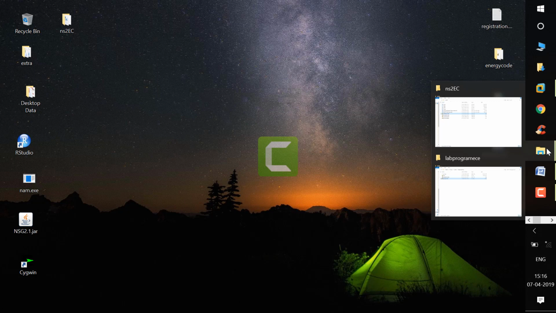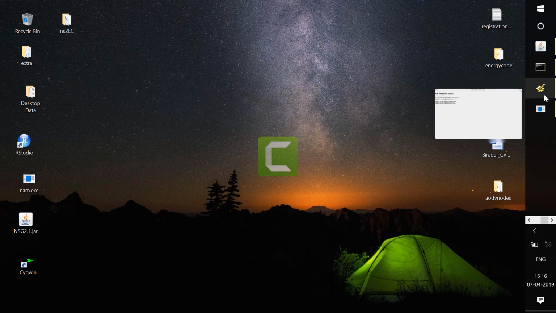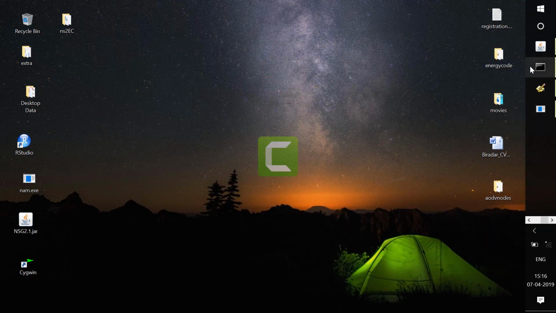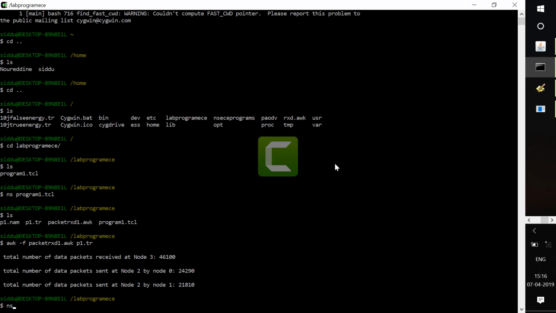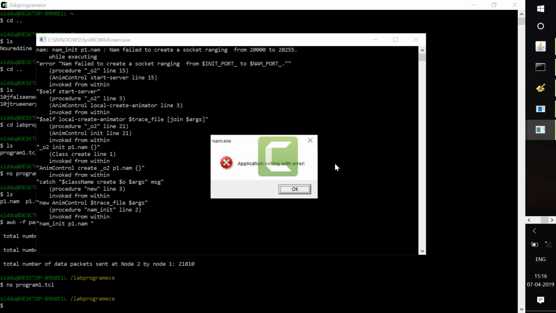If you edit or modify the program, then you need to save the file. After saving, go through the execution process, go to command prompt, then run the file which you have already executed previously. Whatever the changes are, they have to be updated now. The program is going to execute here. It's a warning. Why this is giving a warning here is you can't see the animation in Windows 10. This Cygwin doesn't support it. That's why it is giving a warning here.